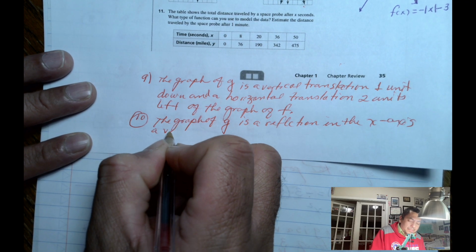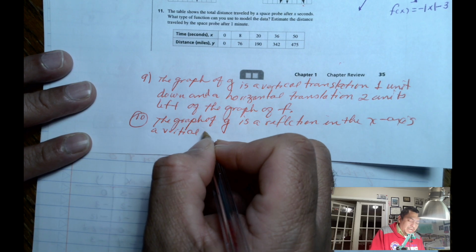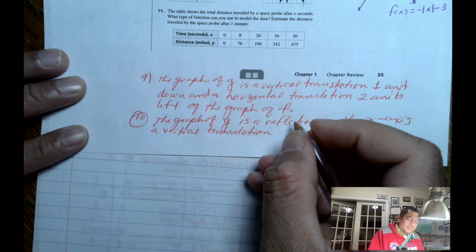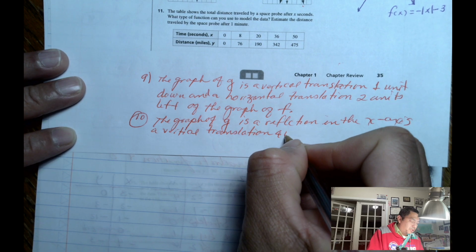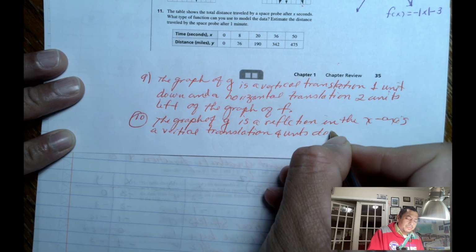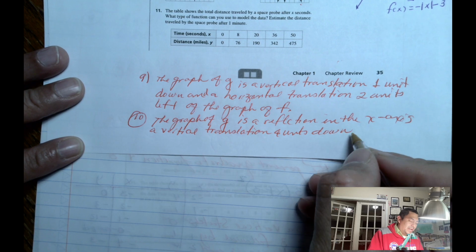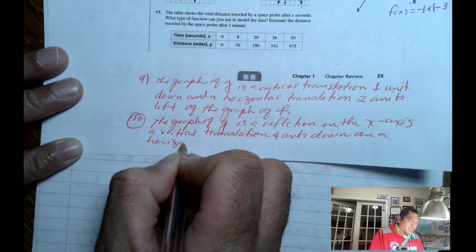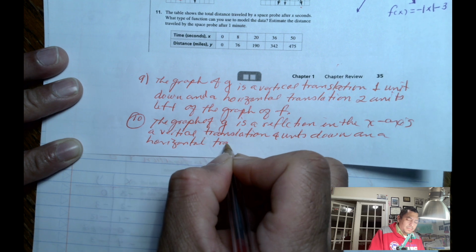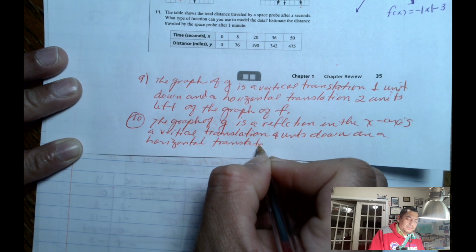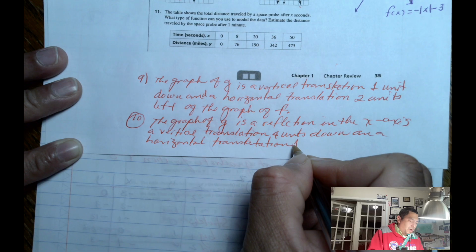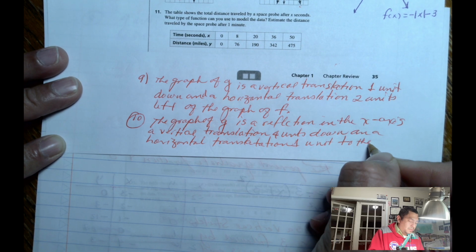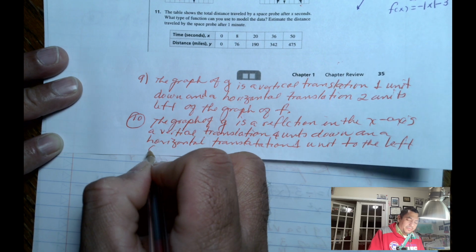A vertical translation, 4 units down in this case, and a horizontal translation, 1 unit to the left of the graph